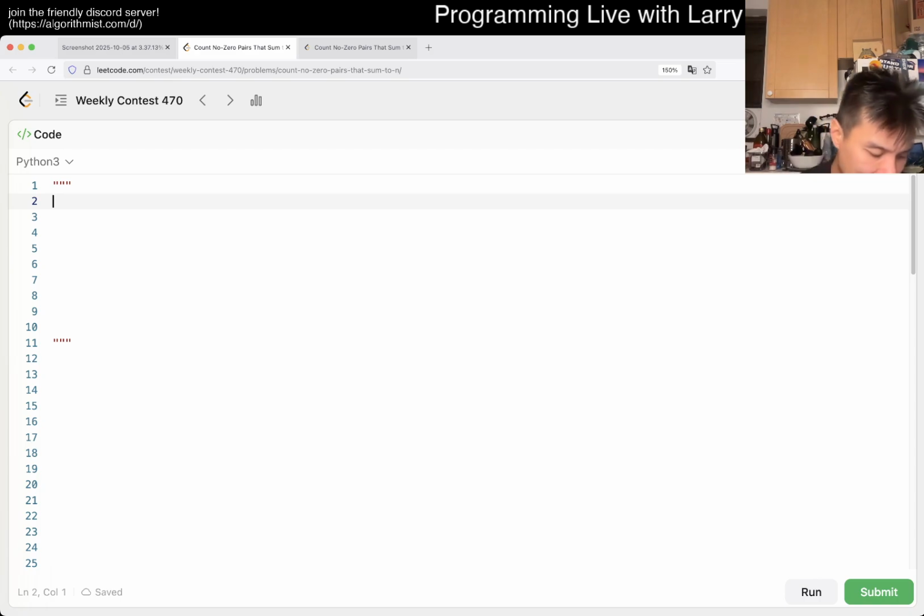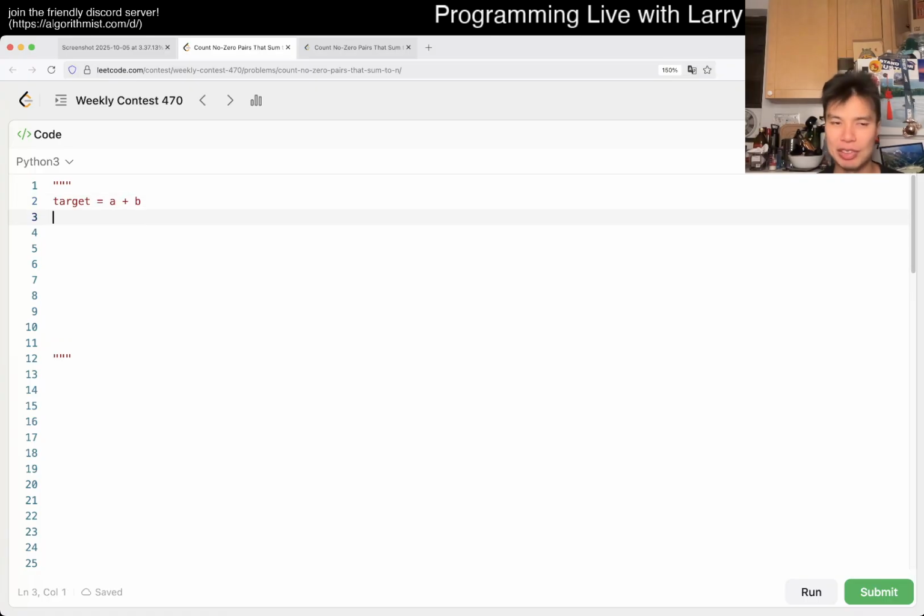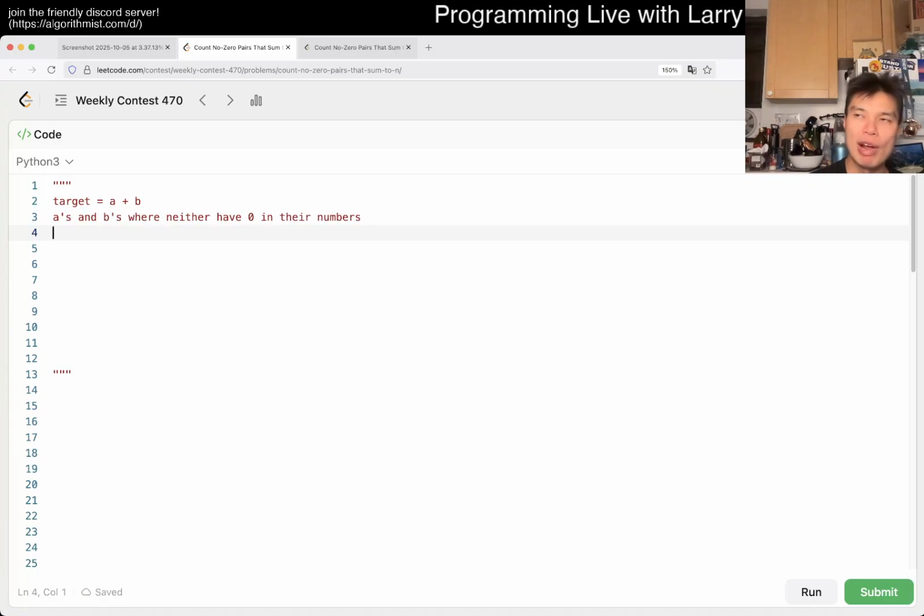But yeah, and so what did I do? So this problem is you have some target equal to some number a and b, and you're trying to count a's and b's where neither have 0 in their digits, right? Honestly, I thought that this was one of those problems where certain properties of A imply certain properties of B, right? And that's basically my entire spiel, is that I did not realize that,